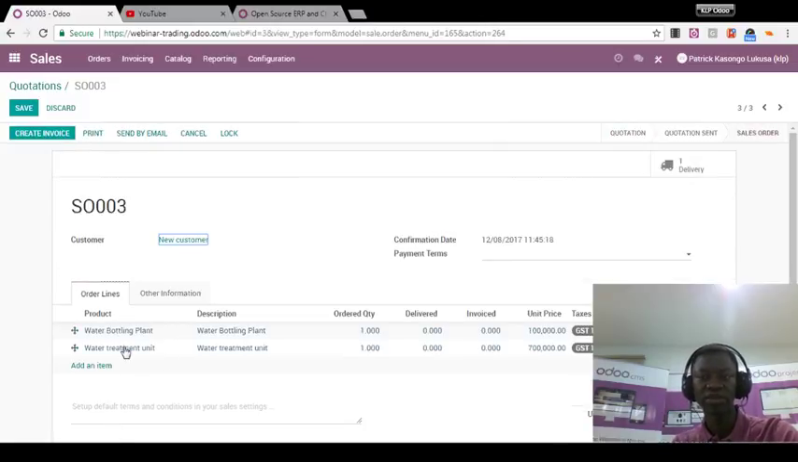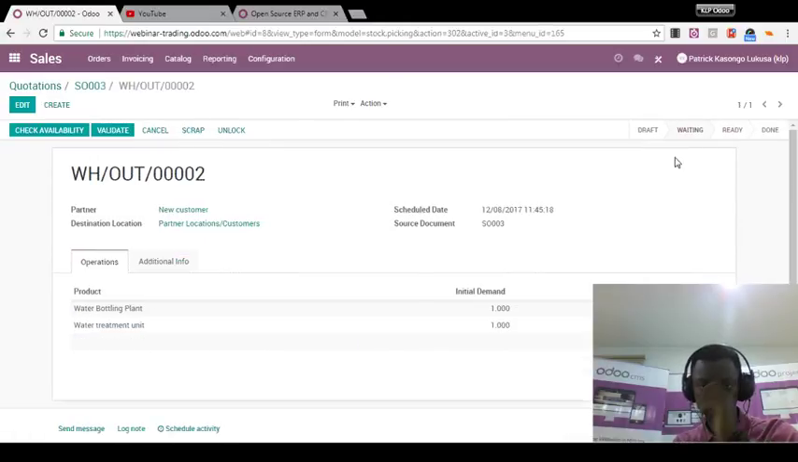We simply purchase them whenever we need to deliver from our stock. There is a delivery order which is generated, but it is in state waiting. I can check the availability of this product. It is not there. Why? Because I need to purchase it from my suppliers and then get them in stock and only then deliver it